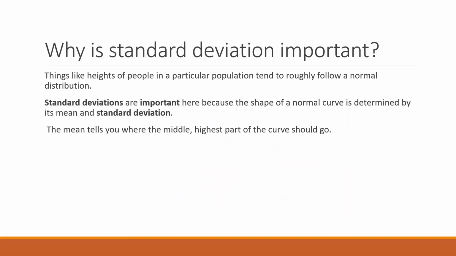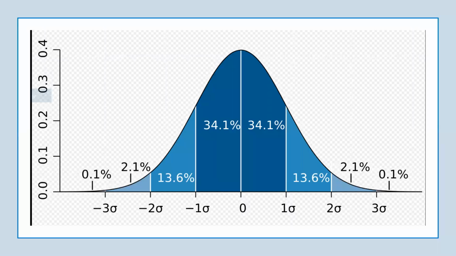Why is the standard deviation important? Things like the heights of people in a particular population tend to roughly follow a normal distribution. So standard deviations are important here because the shape of the normal curve is determined by its mean and standard deviation. The mean tells you where the middle, the highest part of the curve, should be. Either it would fall at the center close to the mean, or the curve would be skewed, negatively or positively. Here is the graphical representation of a normally distributed curve showing the area under the curve in reference to the